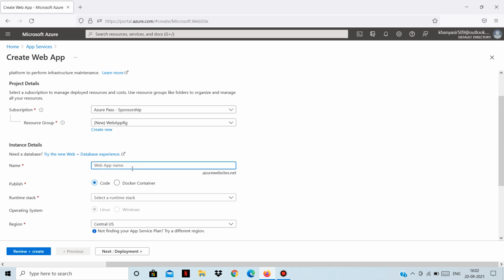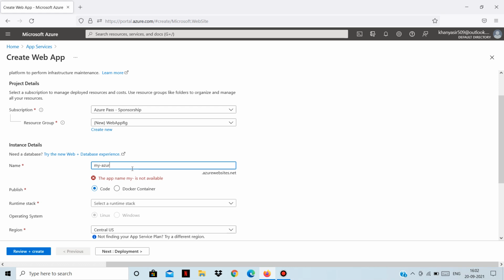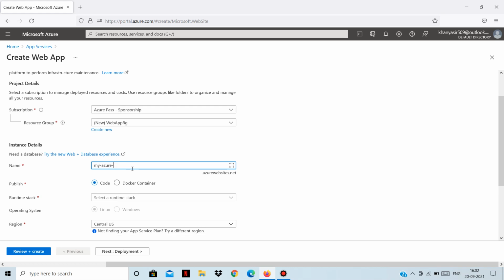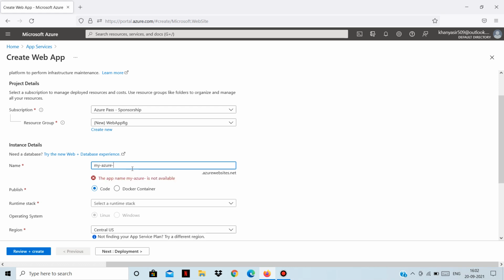Currently I'll give my website a globally unique name. It will check whether it is present globally or not. If it is present, it will give you an error warning. So you need to have a globally unique name.